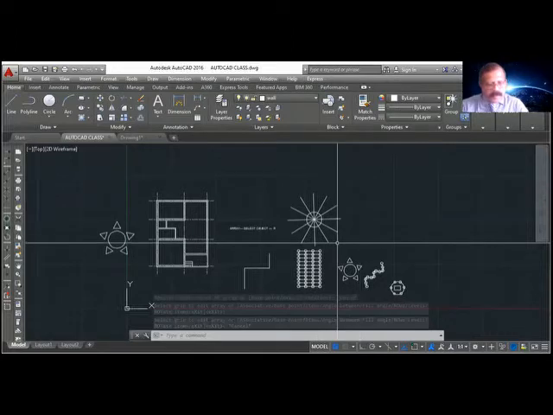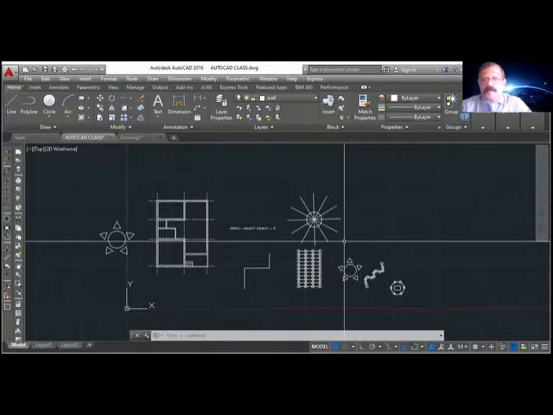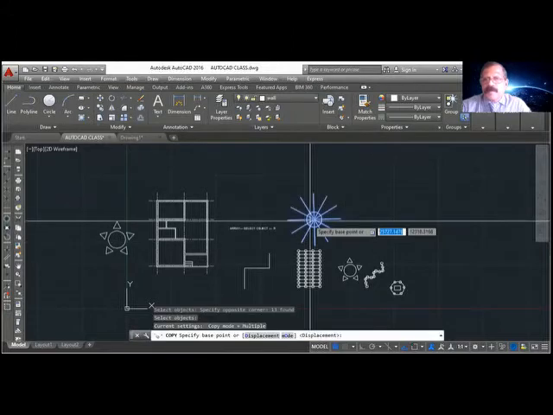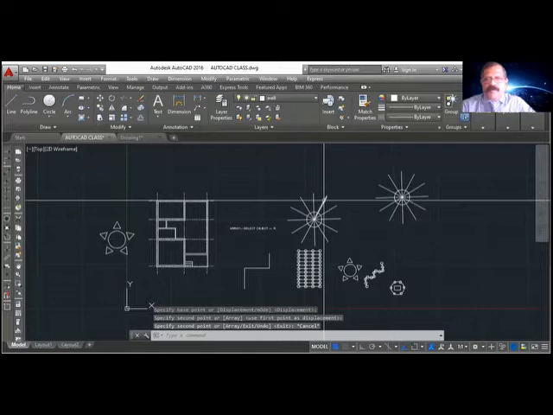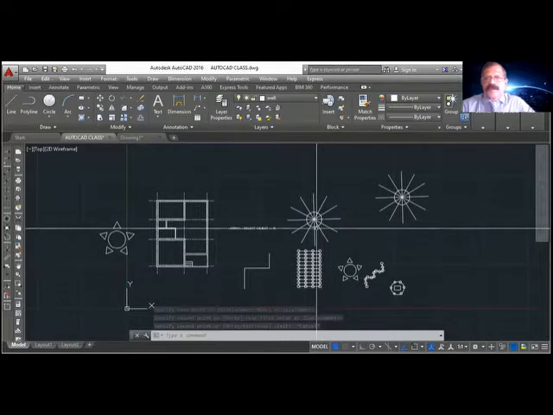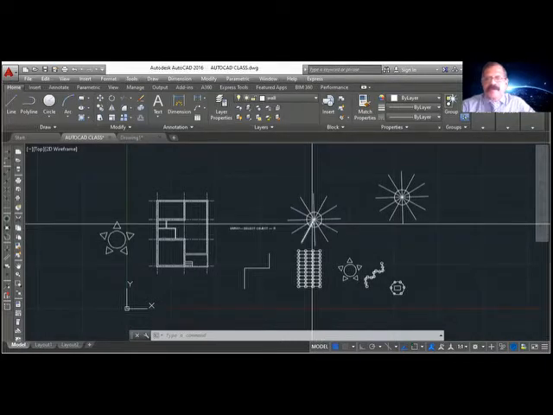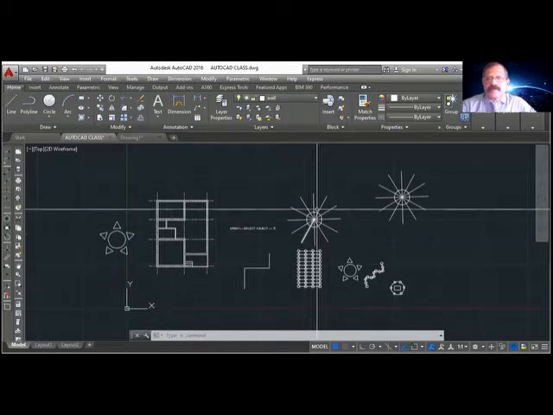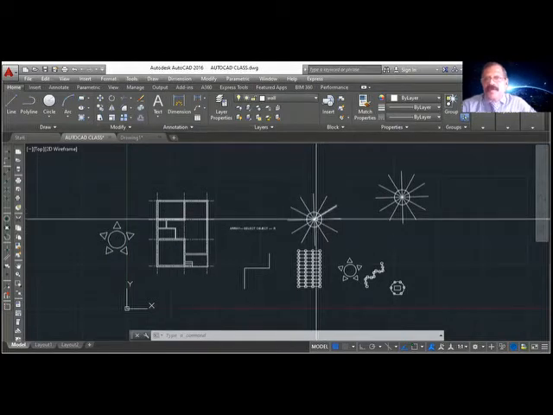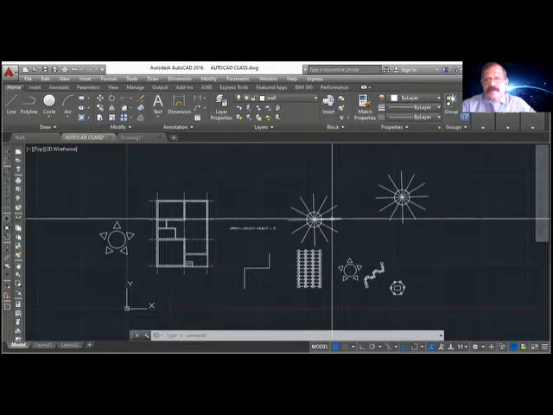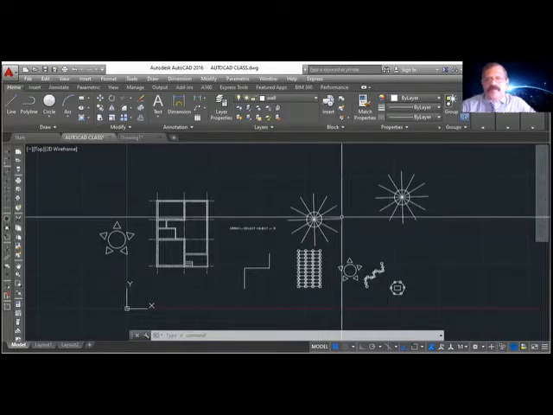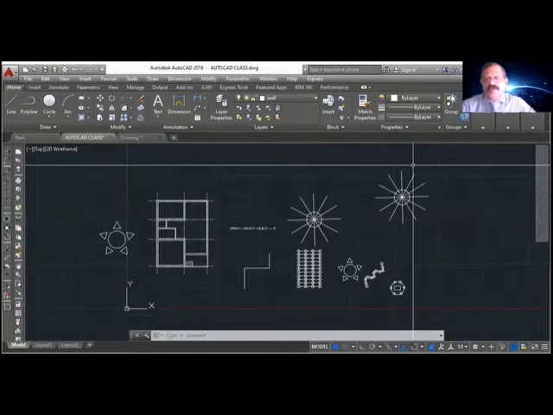Now, if I copy this here, you can get the same size. The thing is that he has to keep a record for all the objects. He has to keep the record for the circle. What is the radius? What is the diameter? What is the layer? Everything he has to keep. He has to keep a record for all the lines also. Where the line starts, where the line ends, which layer it is, what type of line type it is. So many things. So when you copy, he has to repeat all the things. So that is why we convert this into a block so that you have to just show the location only.